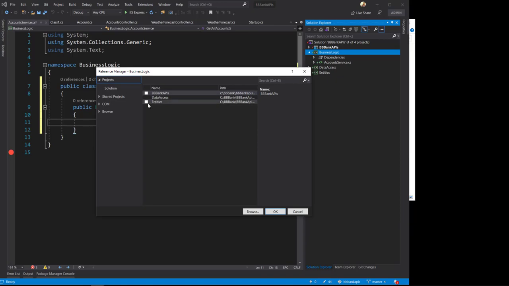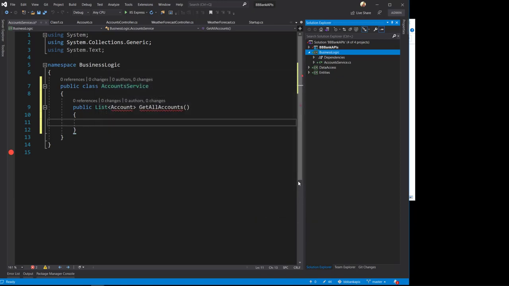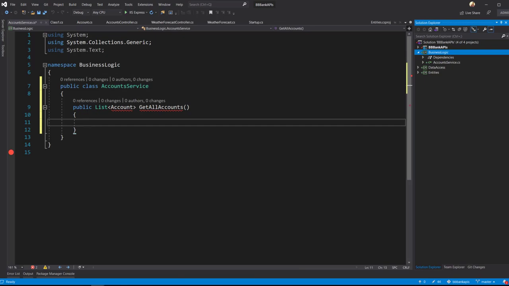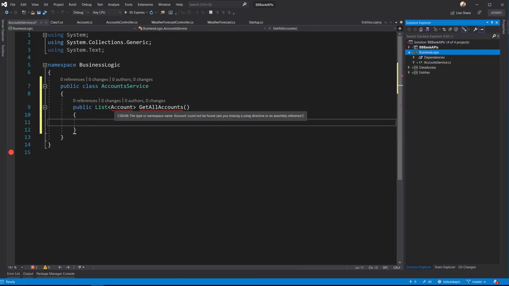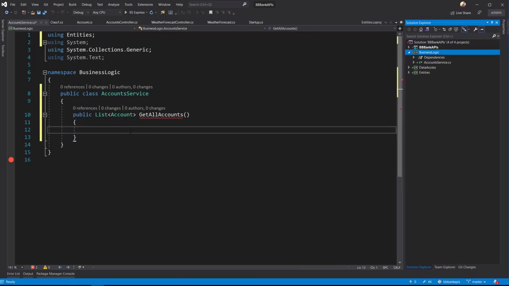So add a project reference, and we will add a reference to the entity project, and since we have added it, we can now resolve it,